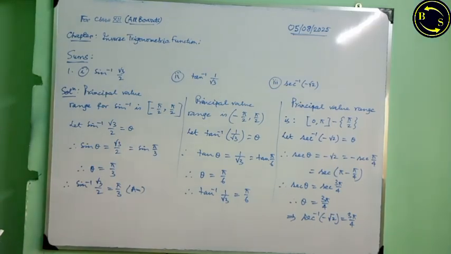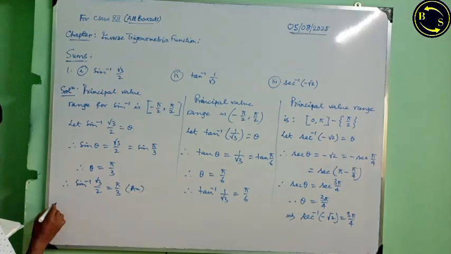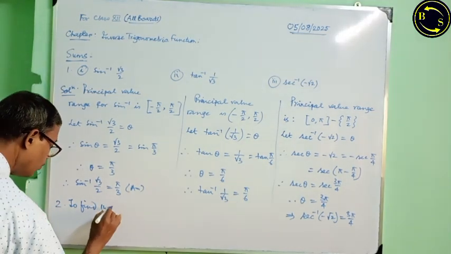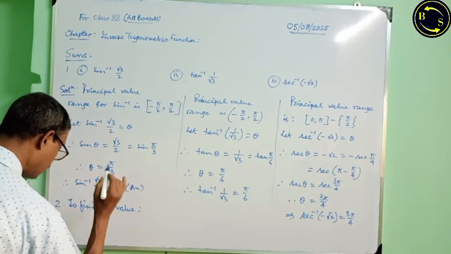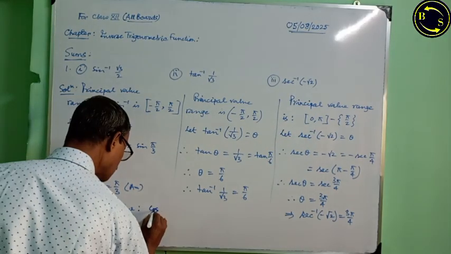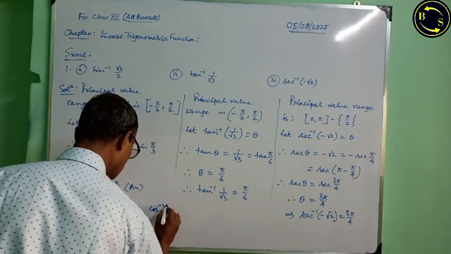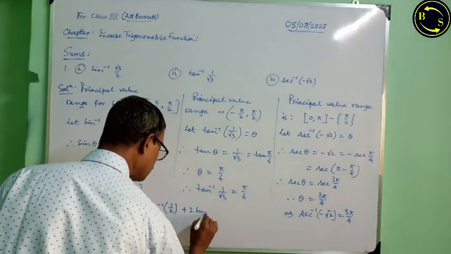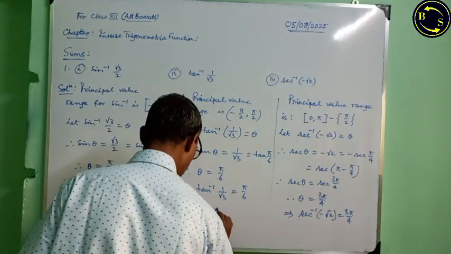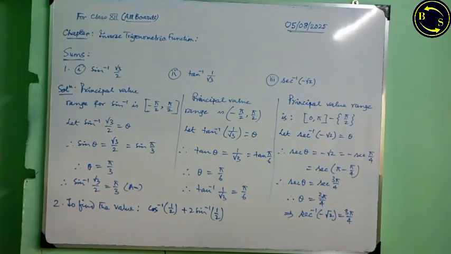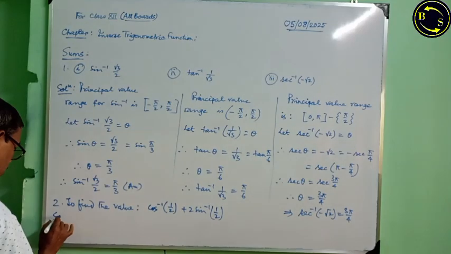Next sum, first I write here to find the value: cos inverse half plus 2 sin inverse half. We have to find the value of this expression. Solution: